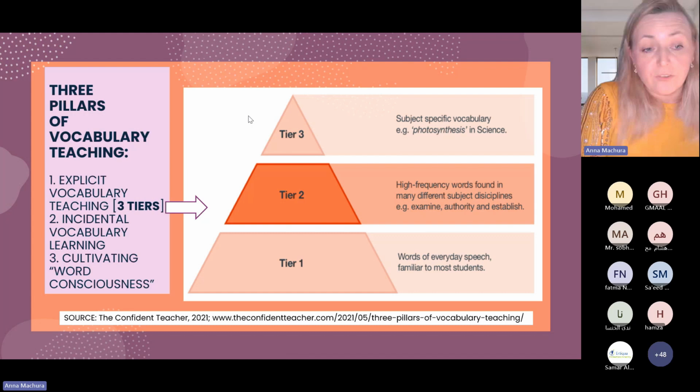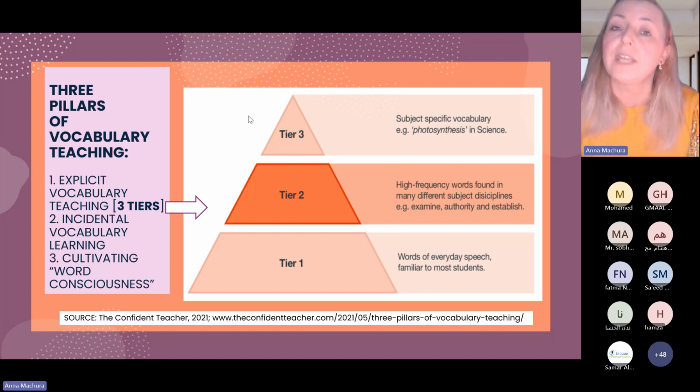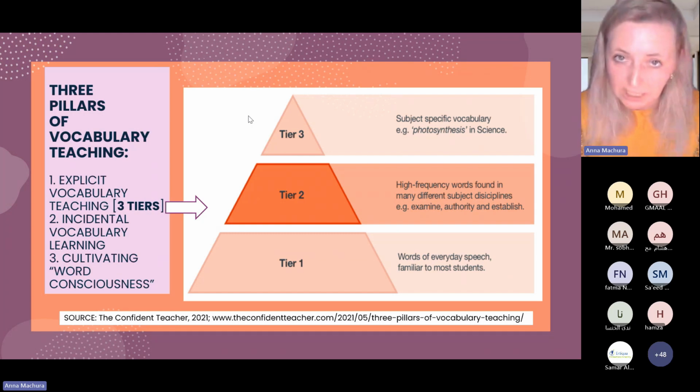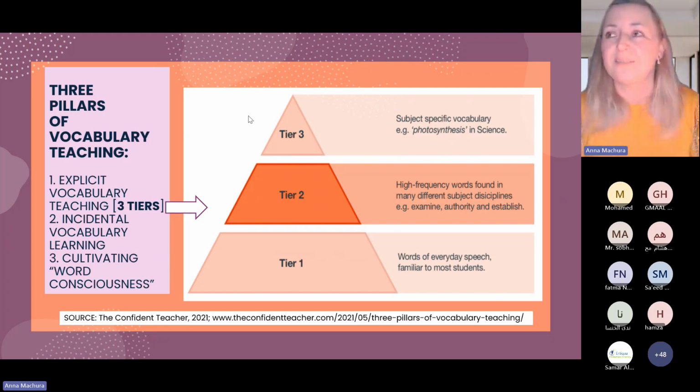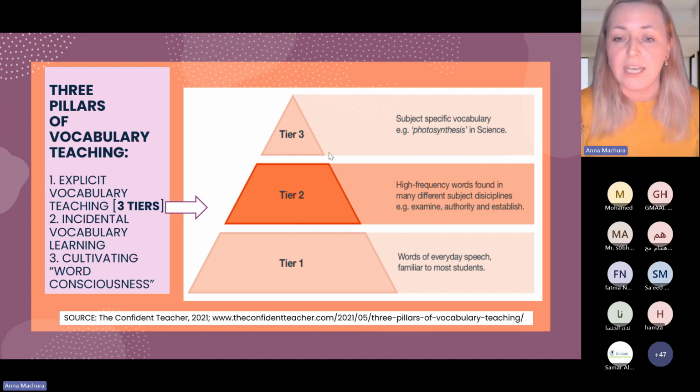And number 2, I'm talking about the pillars now, is incidental vocabulary learning. You can't teach everything in the classroom. Don't feel guilty. We want to throw a lot into a lesson sometimes, but less means less pressure on the student. Let them learn. And 3, well, your job still can be cultivating word consciousness, that they need to be mindful. I do a lot on mindfulness, observation. They have to focus. They need to see what's around them. That's why the vocabulary journal. Note down, write down what you needed, etc.